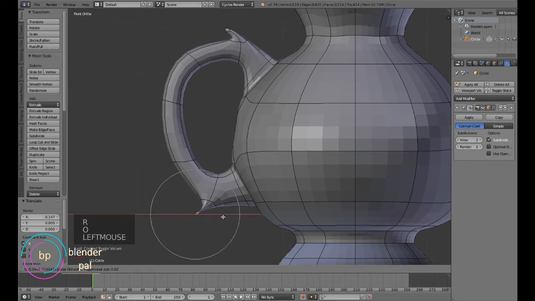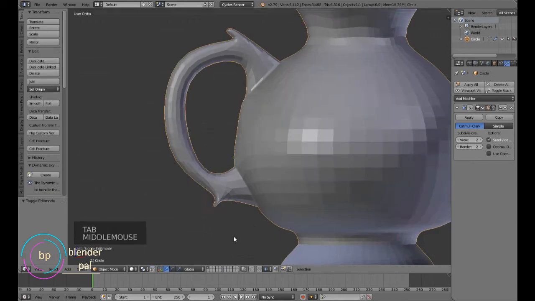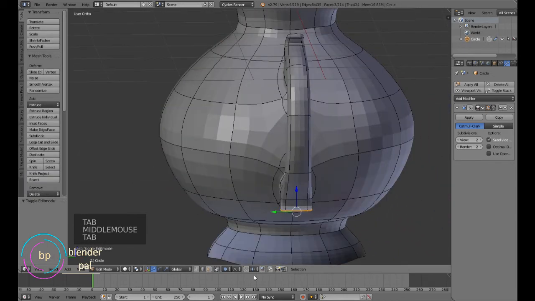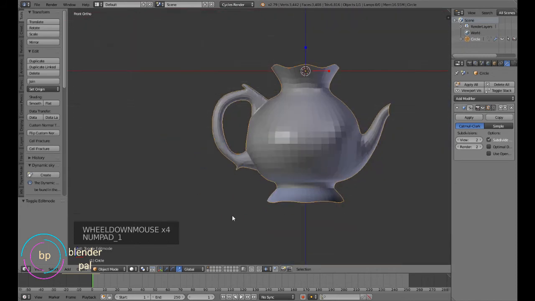Let me just turn the proportional editing on. All you have to do is now rotate and your model is created. And for the bottom as well, I'll just scale it down along the y-axis, and look at that, we have created a well-designed